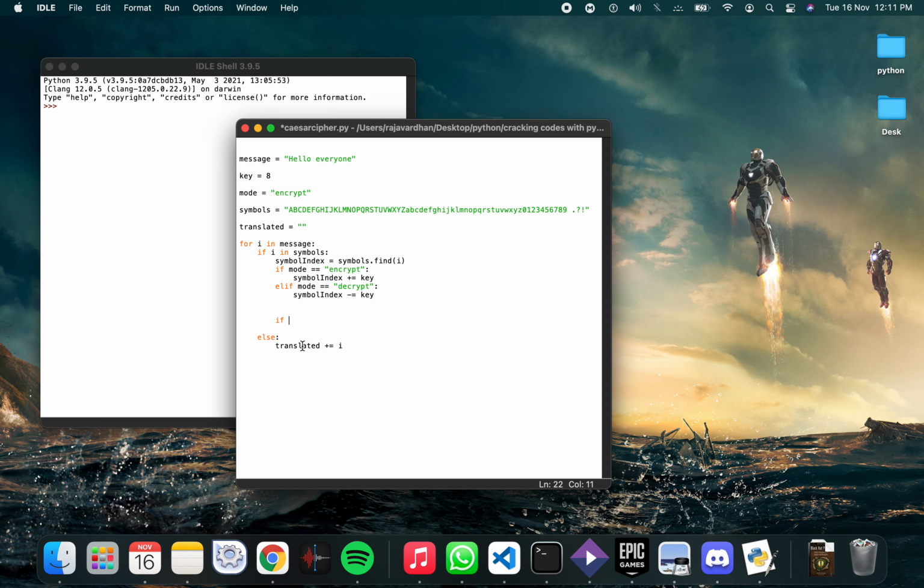If it's greater than or equal to the length of symbols, then I have to do wraparound.